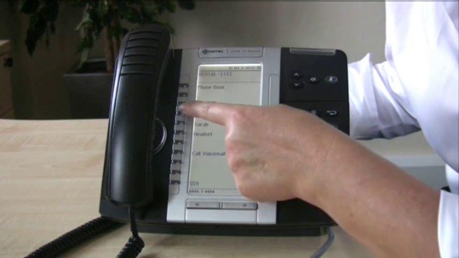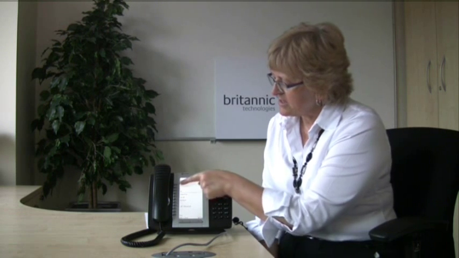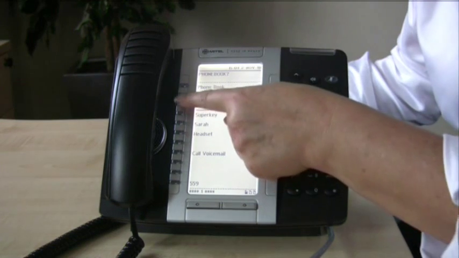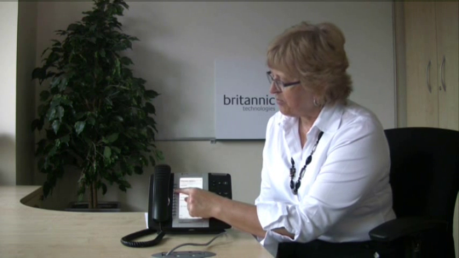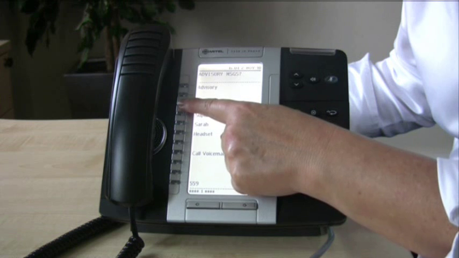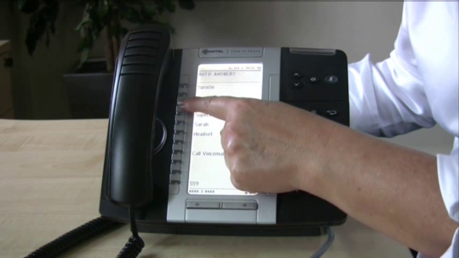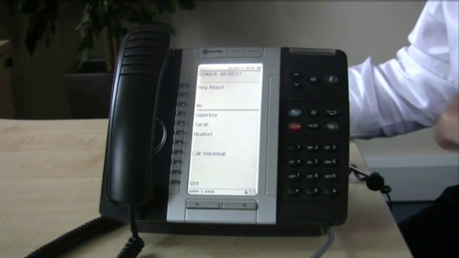So I'm going to use the Superkey, which takes me into this menu. The menu is at the top here, so it says at the moment, do I want to look at the phone book? I don't, so I'm going to press the no key. There I've got call forwarding, different things coming up on this menu, but I'm just going to look for ringer adjust. All these options are coming up. There. I now have ringer adjust on my screen, so I can press ringer adjust, and then it gives me